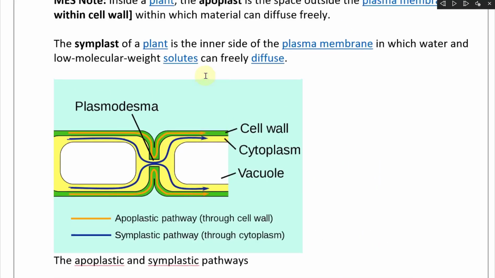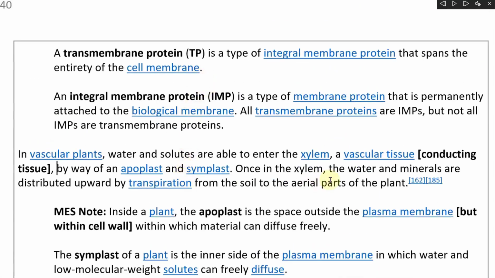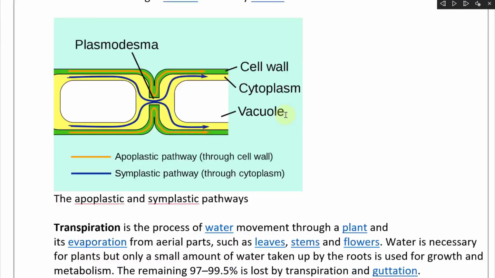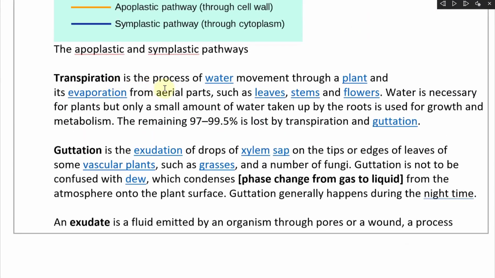And let's continue further. So this is by transpiration. Once inside the xylem, the water and minerals are distributed upward by transpiration from the soil to the aerial parts of the plant. So it can go upwards via transpiration. Transpiration is a process of water movement through a plant and its evaporation from aerial parts such as leaves, stems,